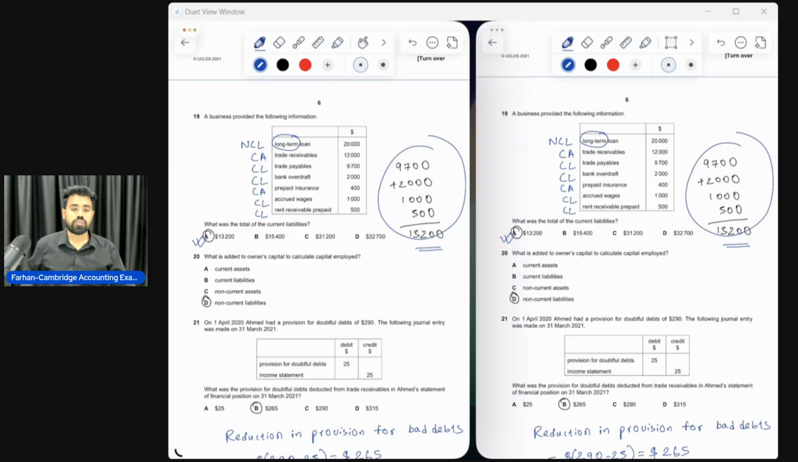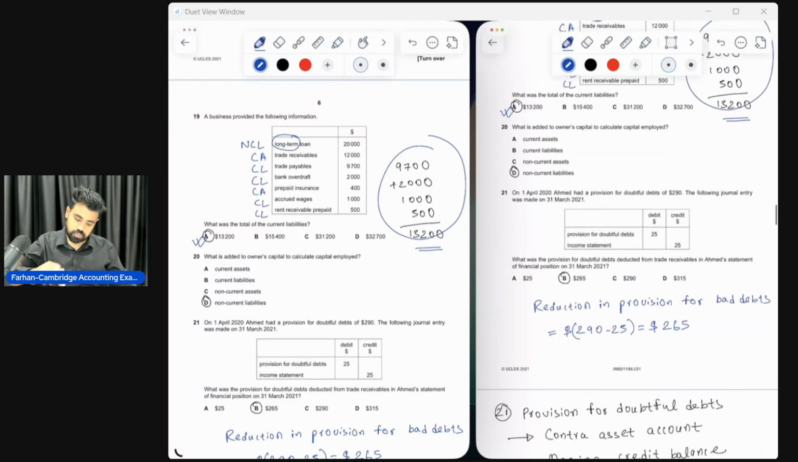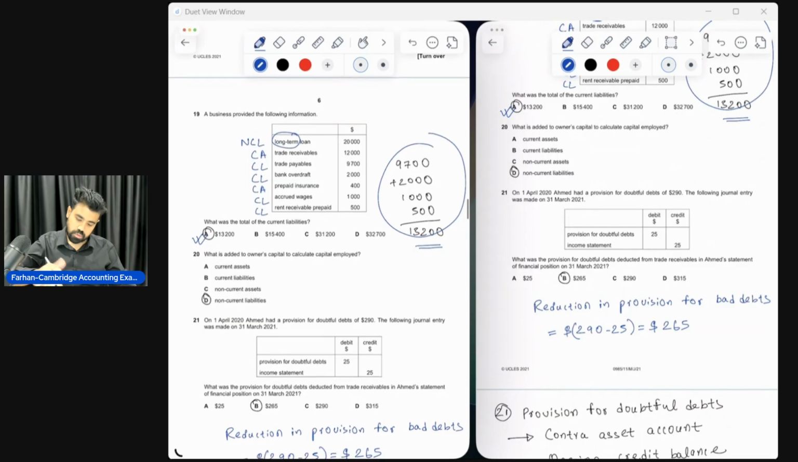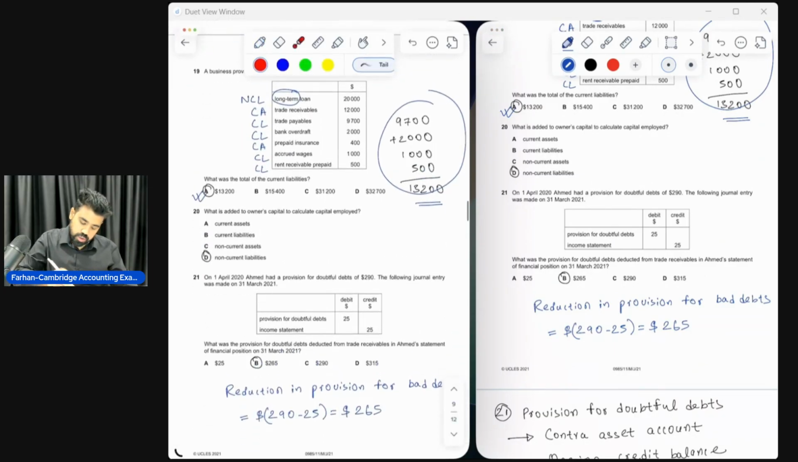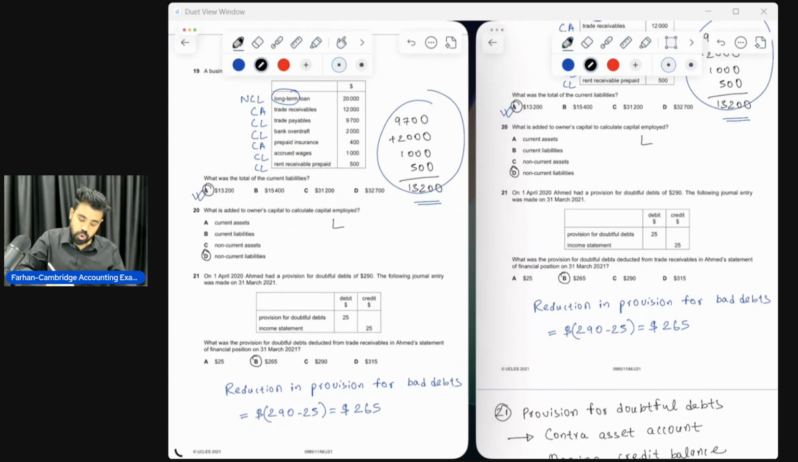Now let's do question 20. What is added to owner's capital to calculate capital employed? Always remember, capital employed is simply non-current liabilities plus